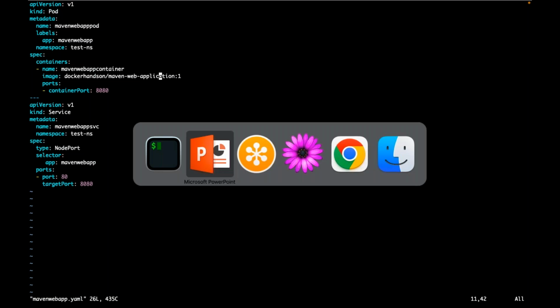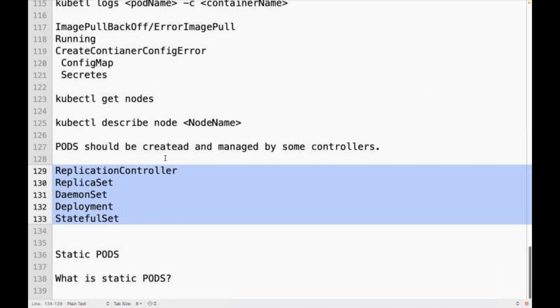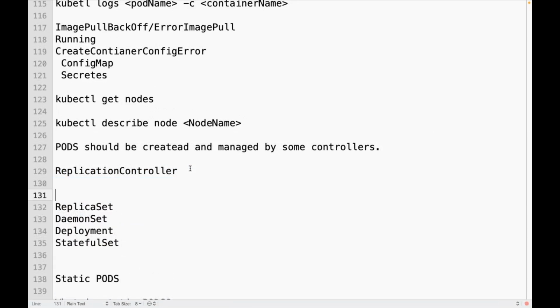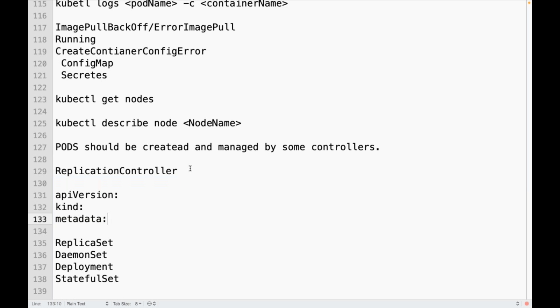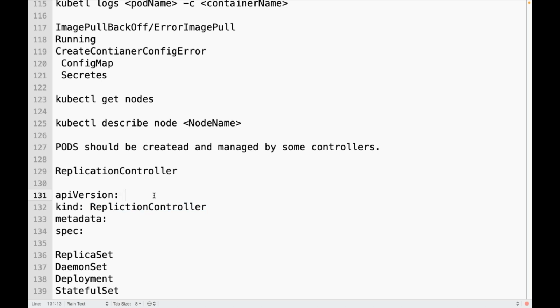Yes. So how to do that? Again, API version, kind, metadata, and spec. Now kind, what kind of object do I want to create? Replication controller. What is the API version for replication controller?